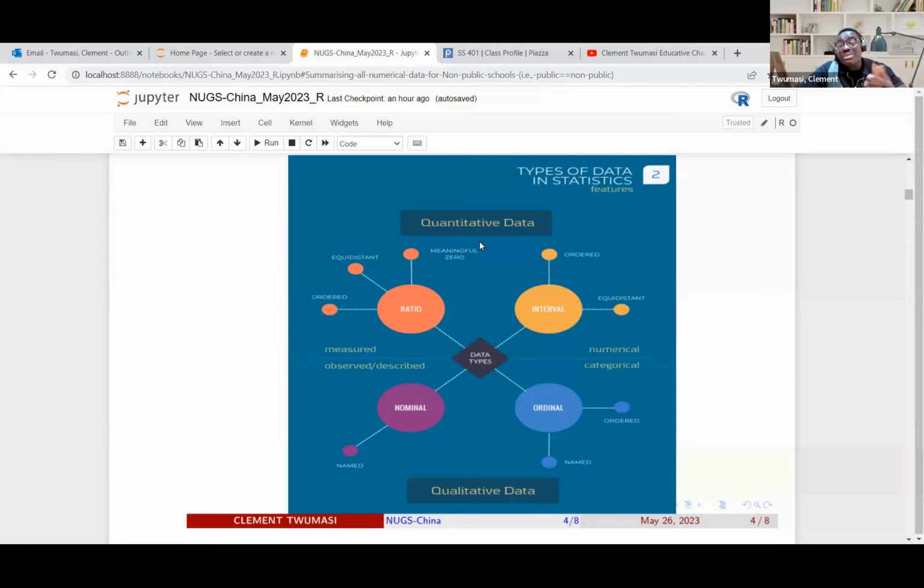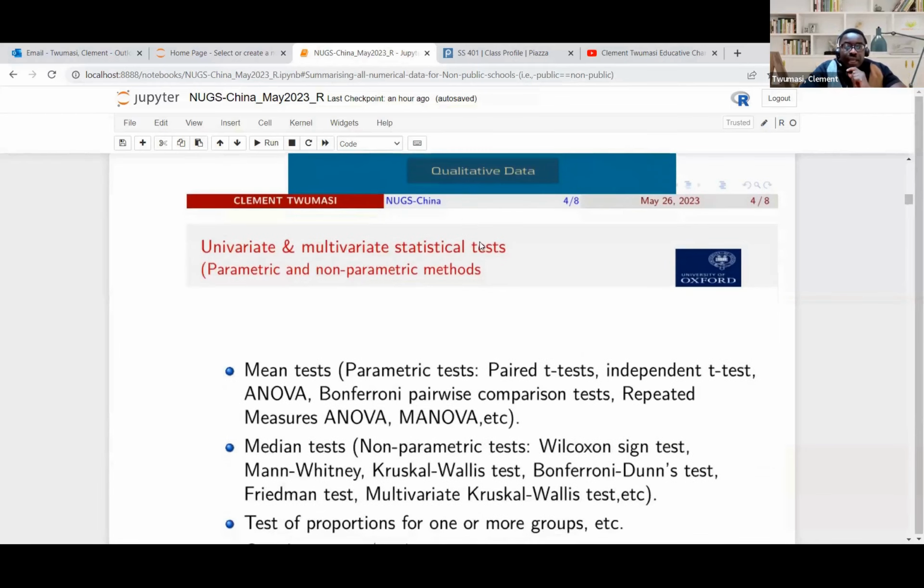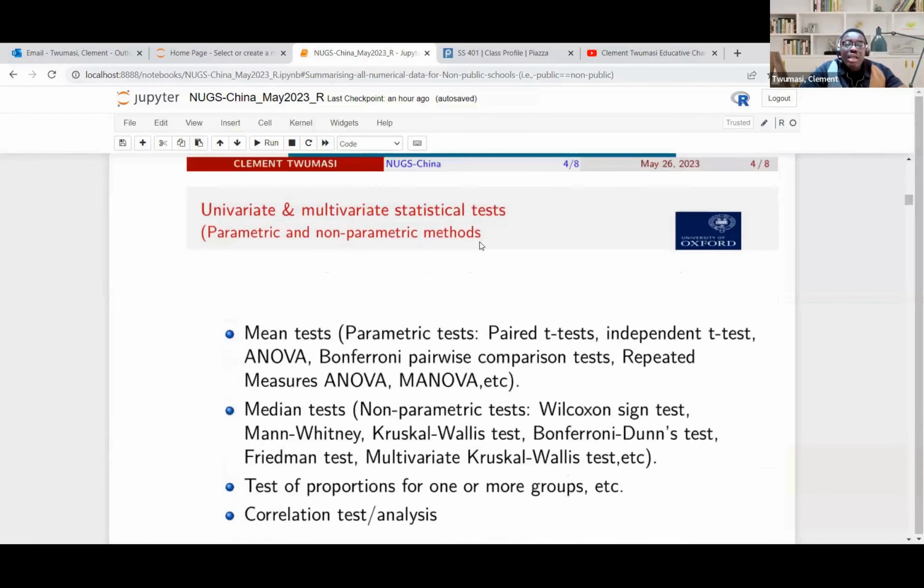When you say something is quantitative, take the example of age: if I ask you your age, you give me a numeric value. So any variable that naturally takes up numbers is numerical data. That's what we mean by quantitative. But assigning a dummy number to qualitative data does not convert it to numeric. So let's keep that in mind. And so these are just a few statistical